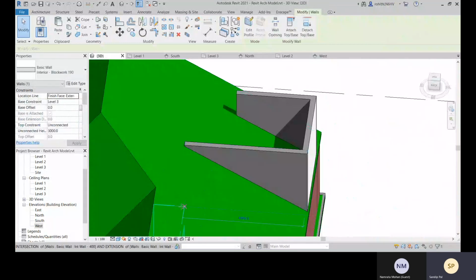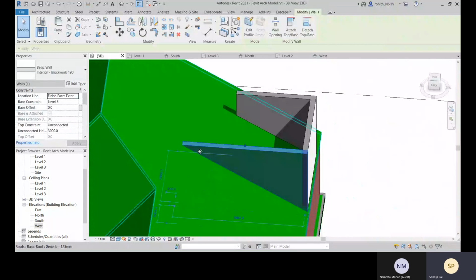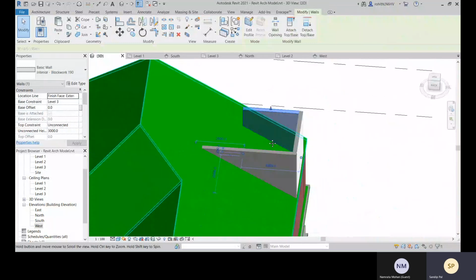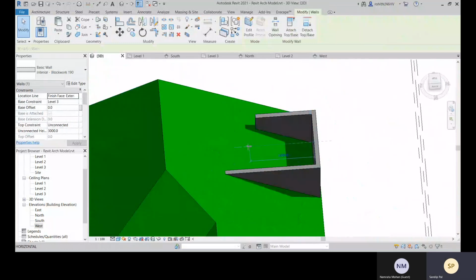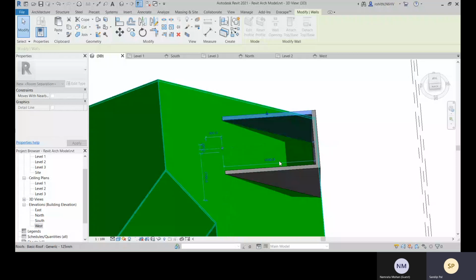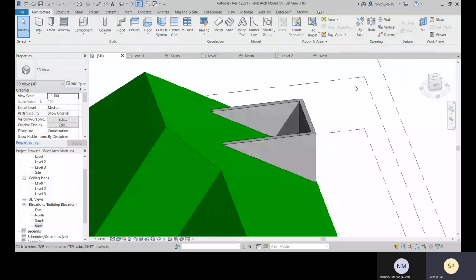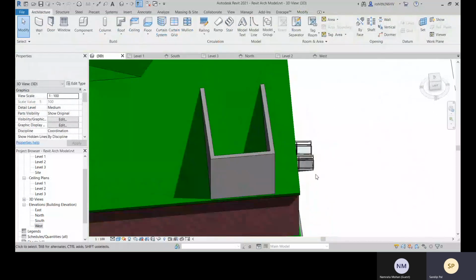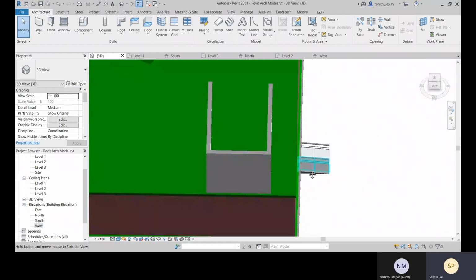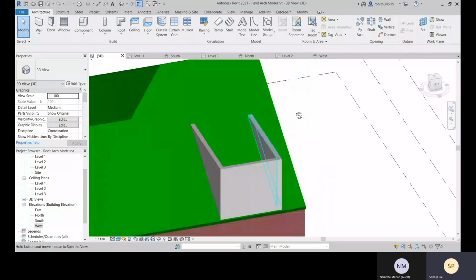Like this you can extend it, like this you can extend, and then you can create a roof top of it.